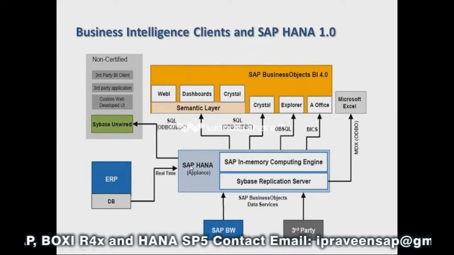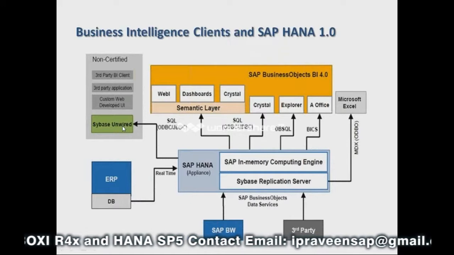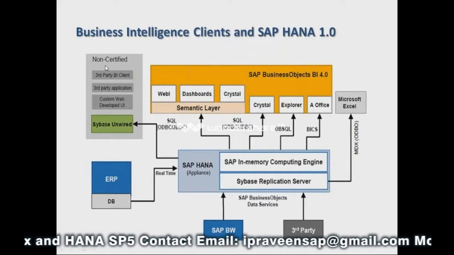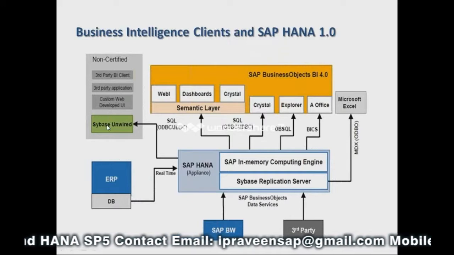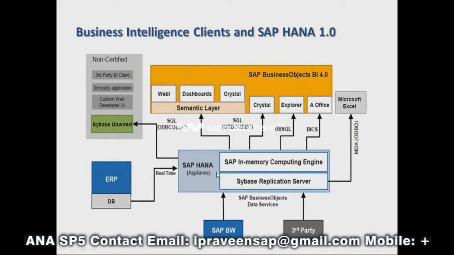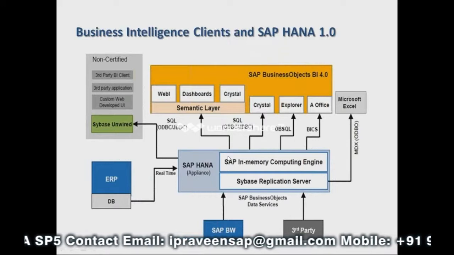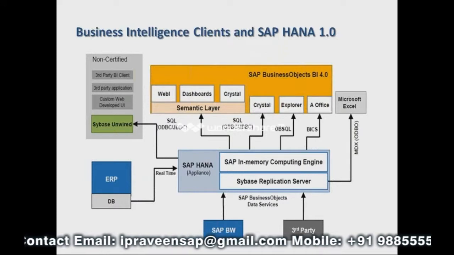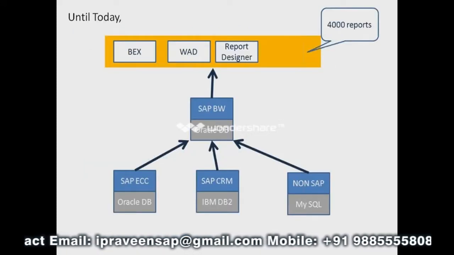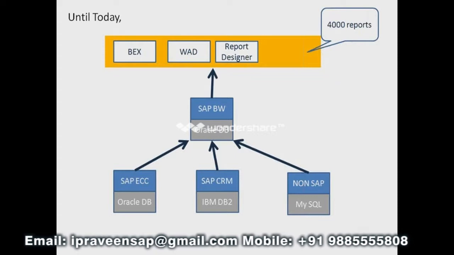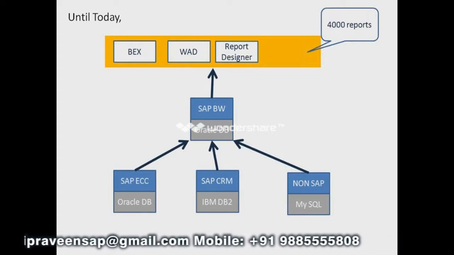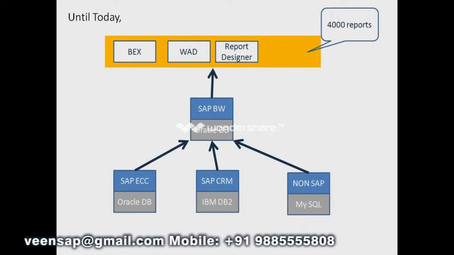This picture will demonstrate how we can modify the existing way using the HANA database. Now if you see here, we are extracting the data into the BW system, and we can push the data from the BW system to the HANA database, and then we can do the reporting using our Business Objects OLAP tools. Or else we can directly push the data from the OLTP systems to the HANA database. So depending on our requirement, we can do it in any way.